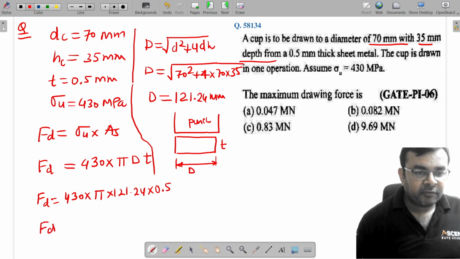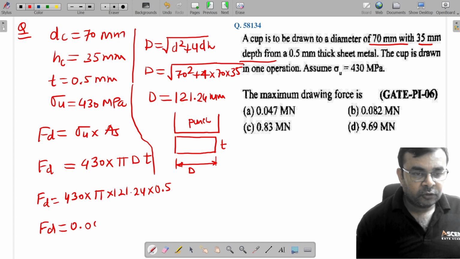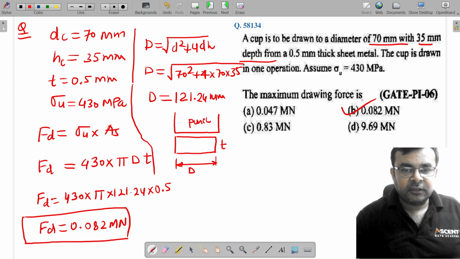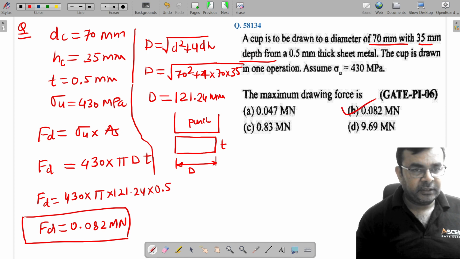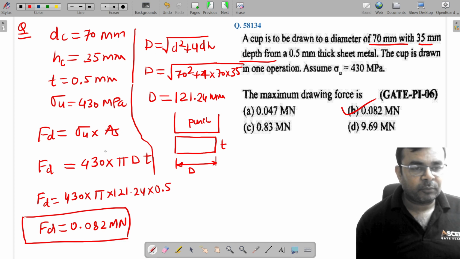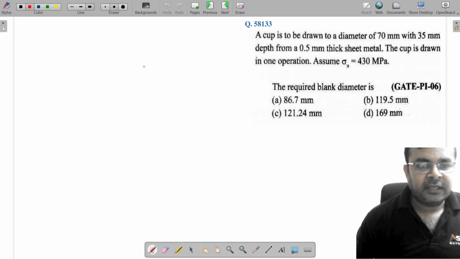So when you calculate this, here we get 0.082 mega Newton. Here we need to write this answer in mega Newton. So 0.082 mega Newton. So option B is the right choice. So first you need to calculate the diameter of the blank. Then you just put this value in this expression. Then you will get the answer. Yes or no? And similarly,